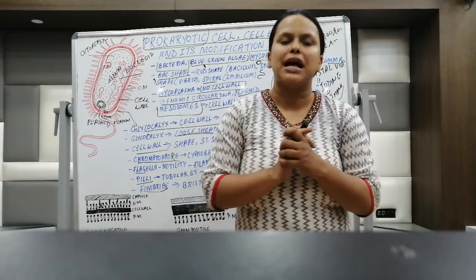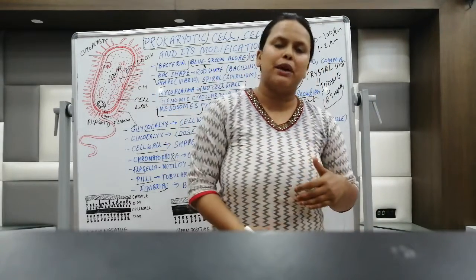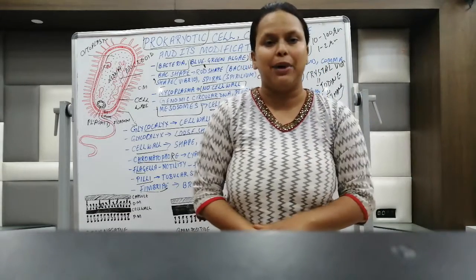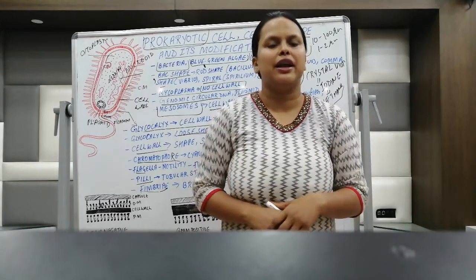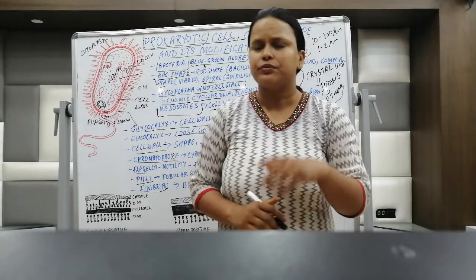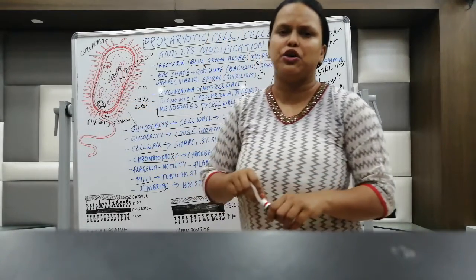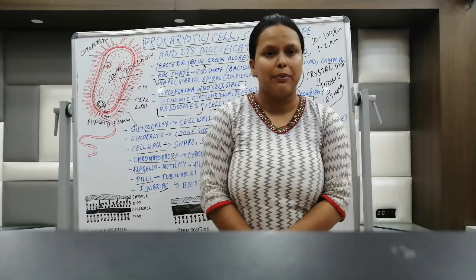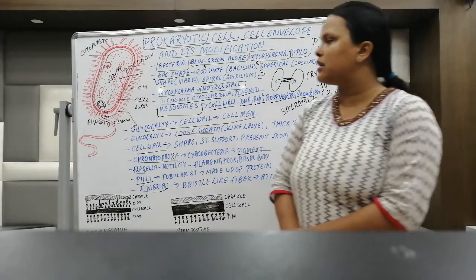Then in the cytoplasm, we have a nuclear material called the nucleoid. Then extra nuclear material called plasmid, which provides resistance towards different antibiotics. We have mesosomes, which help in respiration, DNA replication and secretion. We also have chromatophores in cyanobacteria, which provide pigment to the bacteria. So this is all about the prokaryotes. I hope this is clear to you.